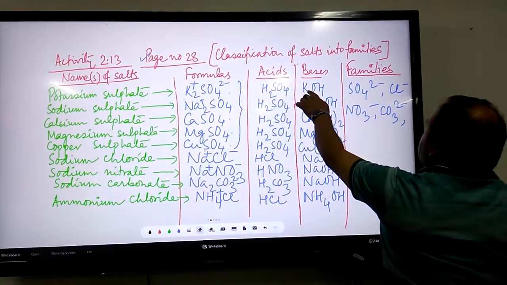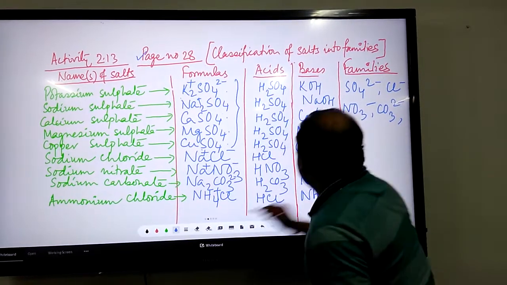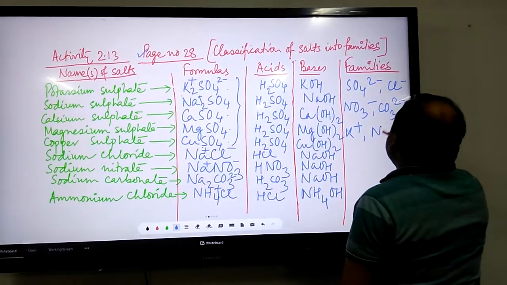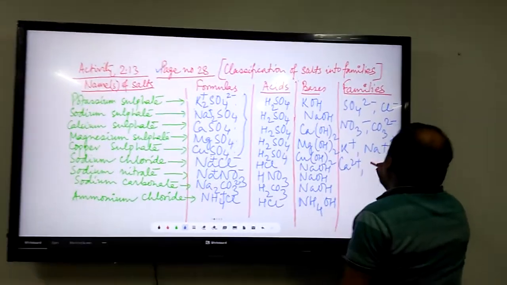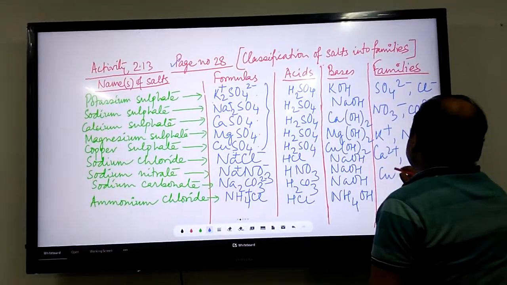having a positively charged ion common in it. So you can get the potassium family, sodium family, calcium family, magnesium family, copper family,